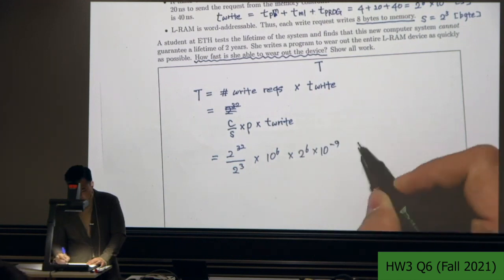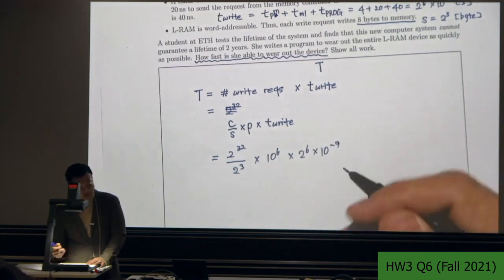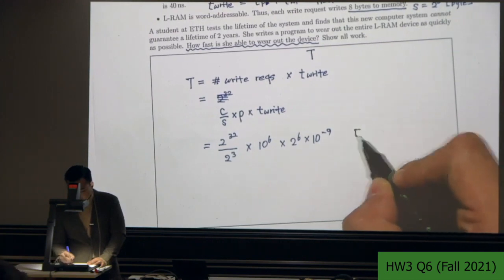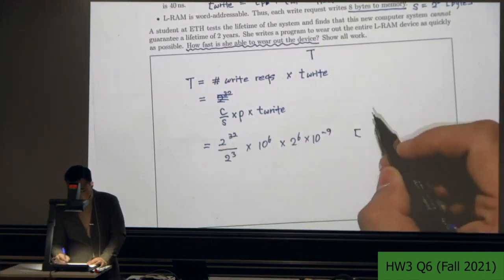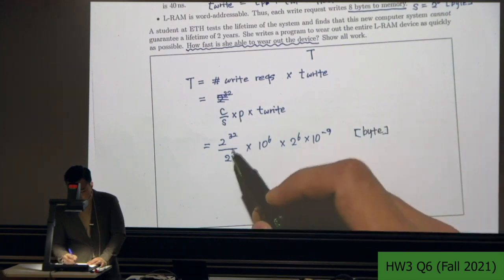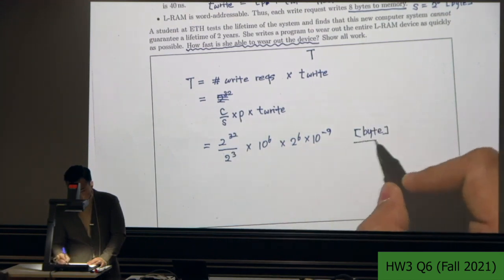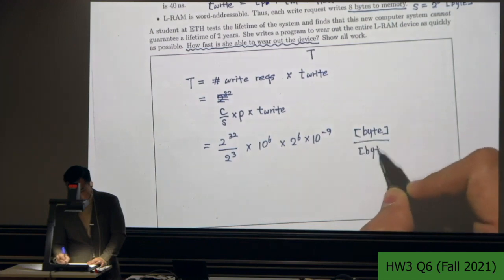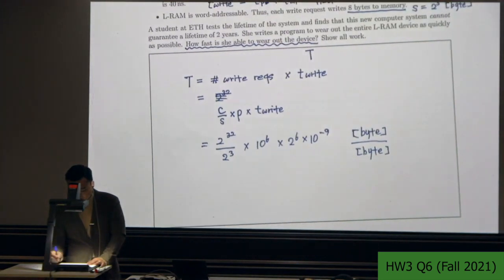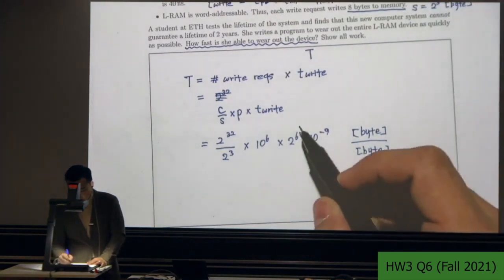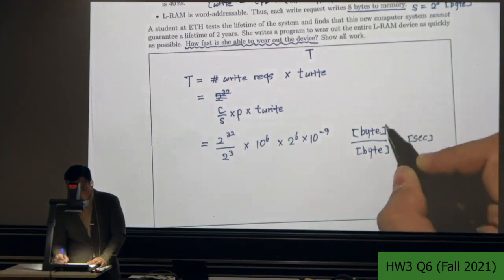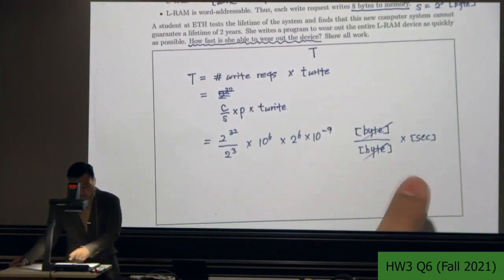Like this. And let me check so we are doing the right thing here. So this C, the unit of C is byte, right? And this size is also byte. And there is no unit for P because it's just the number of times. And this is second, right? Yeah, so we are now calculating the time